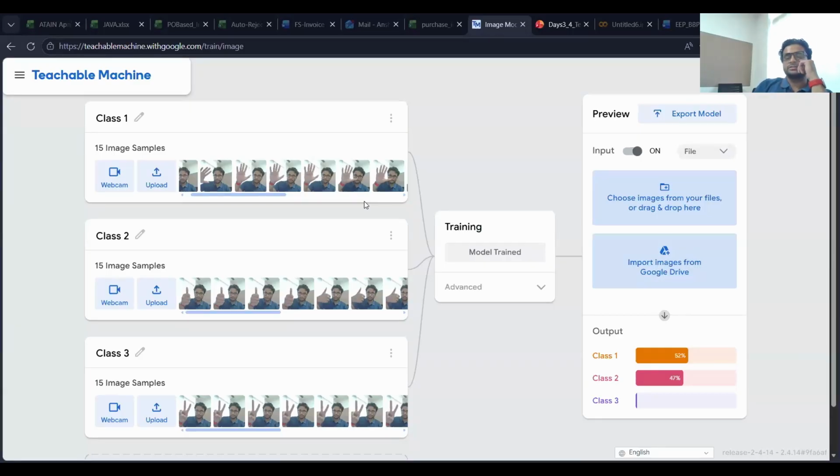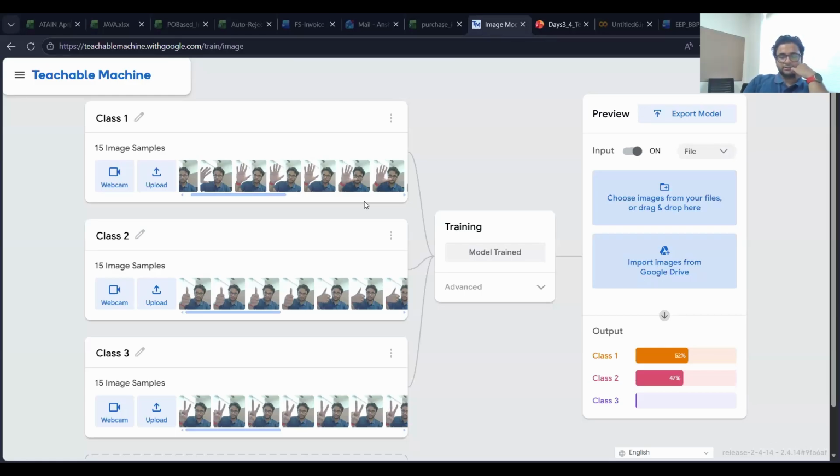So wherein I just captured some images by staying still, but if I tilted my camera upward and then captured an image, and just shifted my angle, then captured it, that's all just variations which will help the model understand the context better and understand the situations better for which the input can be given to it, so that it can classify in a better way. So it's a very small dataset of 15 image samples of each, but you can use as much as you want. There is no limit to it, right?